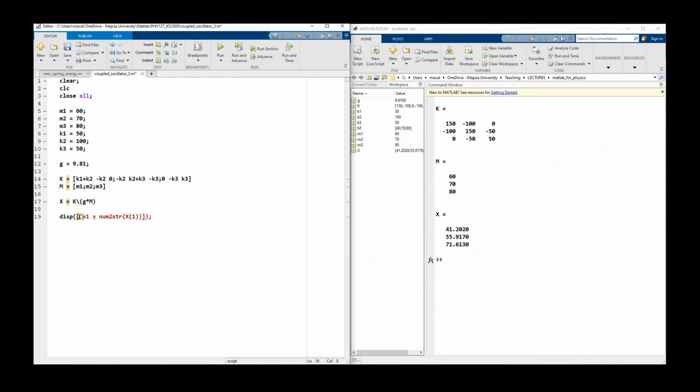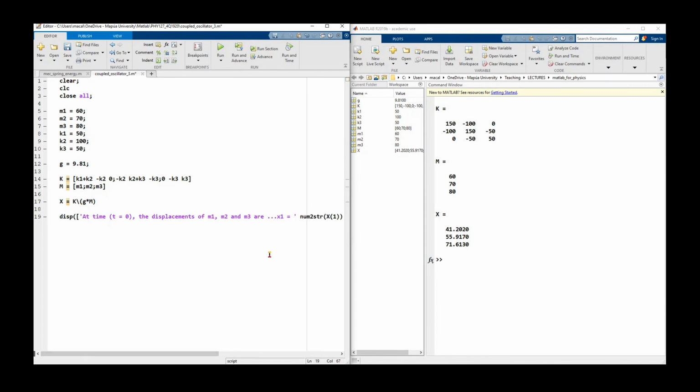So let's put x2 is equal to num2str of x2, and x3 would be equal to num2str of x3, and this is at time equals 0, the displacements of M1, M2, and M3 are,